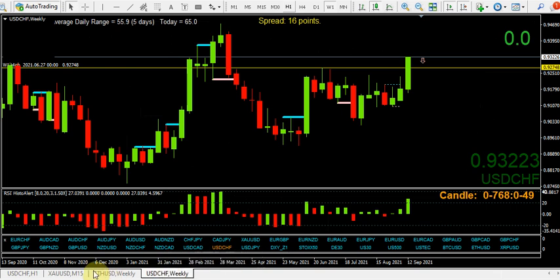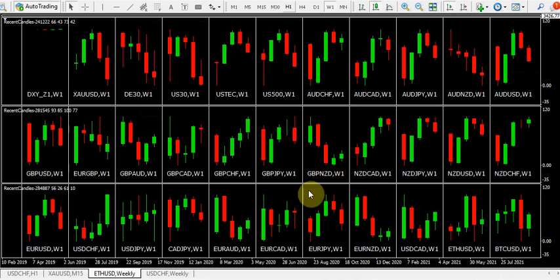Cable, yeah, the cable weekly chart. Let's have a look. Where is that? Oh, there. Now this is broken. It's got a flat bottom, no wick, no tail, whatever you want to call it. It's broken through the resistance, the high and the close of that candle. It's broken through the bodies of both of these candles. They're just the wicks left. So we've got a very sort of weak buying area below us. So I wouldn't be surprised if, because there's no wick there, it possibly bounces back and then possibly